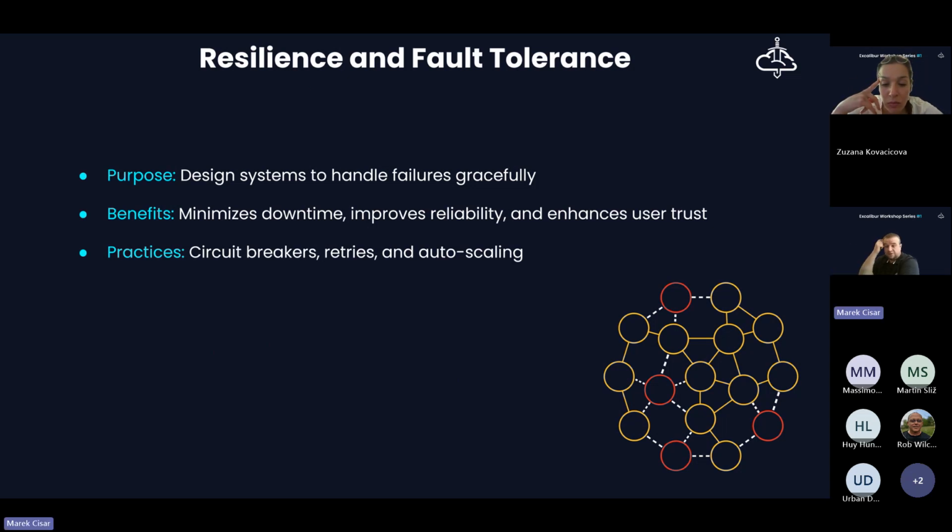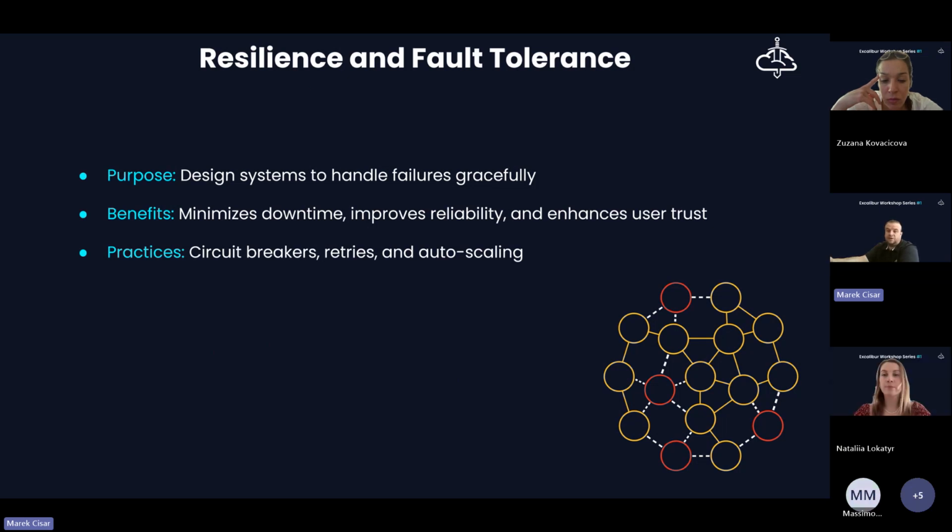Yeah, so the scheduler is periodically checking the health of the cluster, and there are also so-called health check probes, for example.